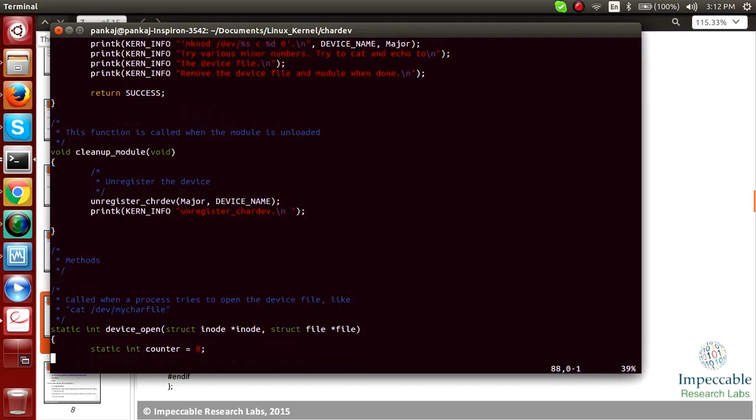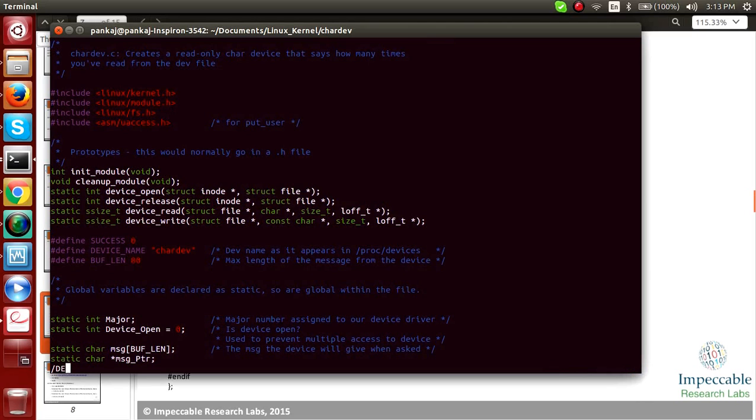Cleanup module will unregister the char dev. You need to give the major number and the device name. Device name is a macro defined locally here, and the device name is char dev.